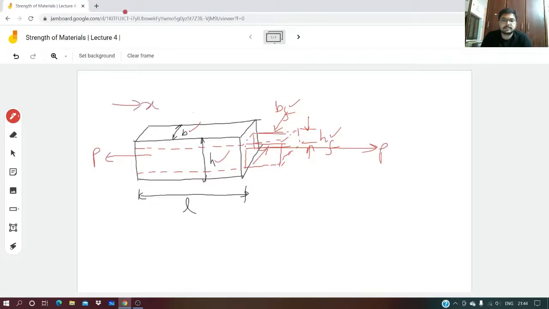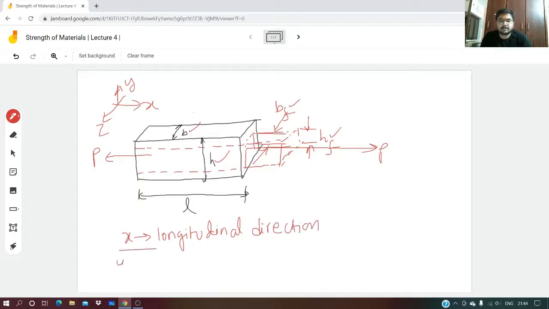this is x, this is y, and this is z. So if load is in x direction, then that x will be longitudinal direction. We can call it as longitudinal direction. I mean, in whichever direction that load is acting, that will be longitudinal direction. For that, y comma z will be lateral directions. Summarizing the things,